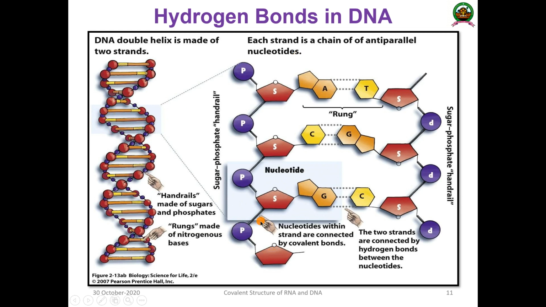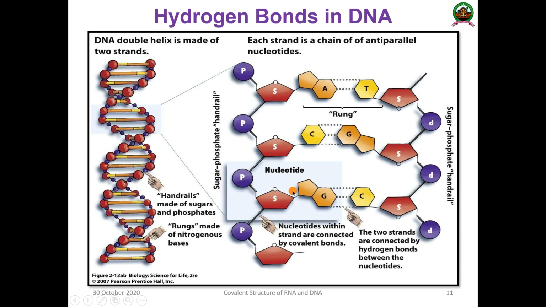If you zoom in on this particular region, you get this view, which I have already described. This is the sugar and the phosphate. The sugar-phosphate backbone is stabilized by a strong covalent bond called the phosphodiester bond in one strand. Similarly, the other strand is oriented in the opposite direction. So in this direction it will go, and in that direction it will come. The bond between the phosphate and sugar is known as the phosphodiester bond.